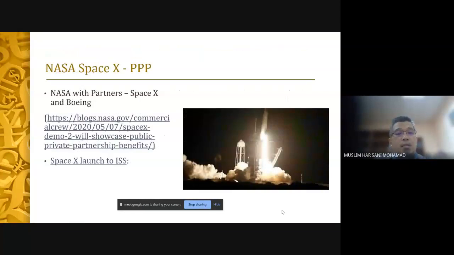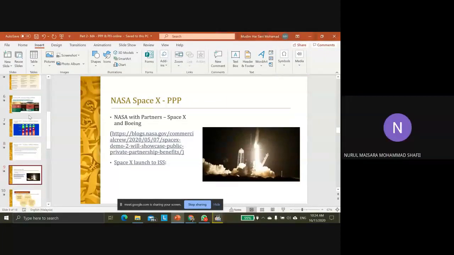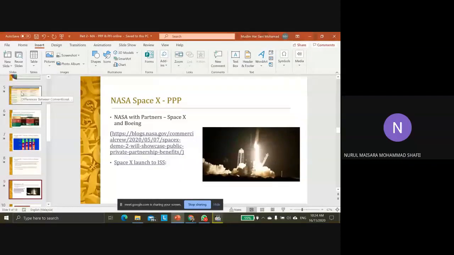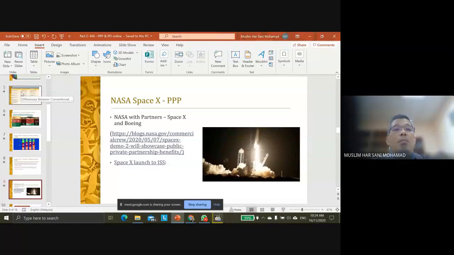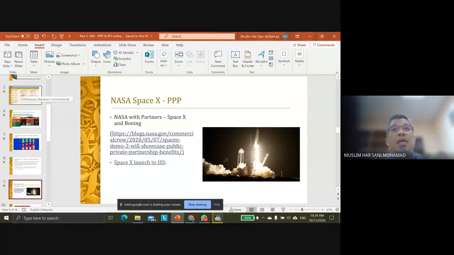Right, yes. Just now, can you go back to the slide example of PPP? Petronas drilling. Just now you said Petronas is a GLC and an example of privatization. Do you mean PPP also applies in privatizations? Since you say Petronas is an example of PPP, I get confused there. Because Petronas is wholly owned by government. Okay, so it's basically a public sector entity.